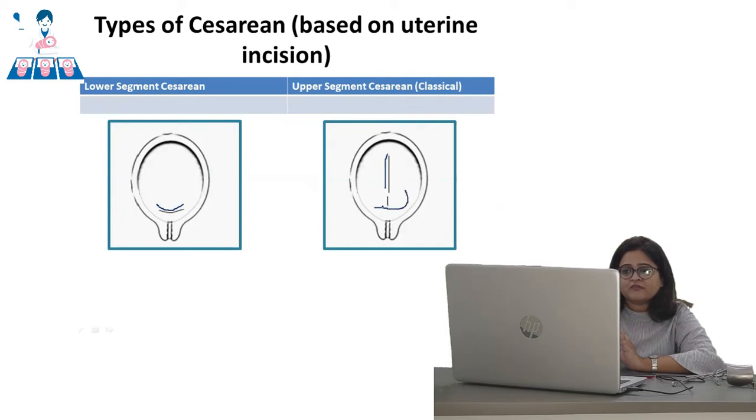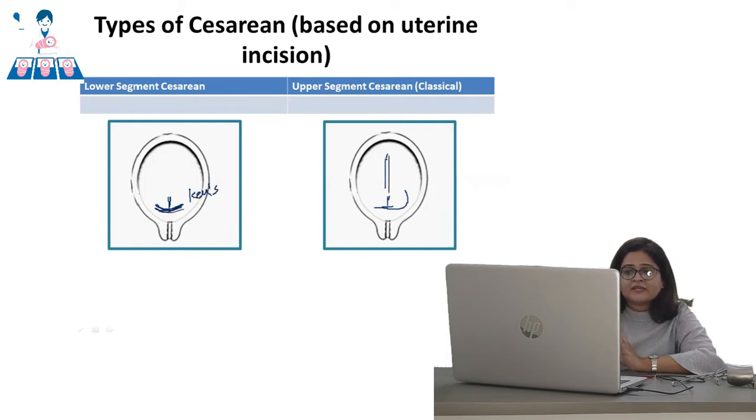We have an inverted T like this. Okay, and we have a low vertical lower segment incision, something like this. The vertical incision is limited to the lower uterine segment. But the most common, of course, we all know is the lower segment transverse incision, also called as the Kerr's